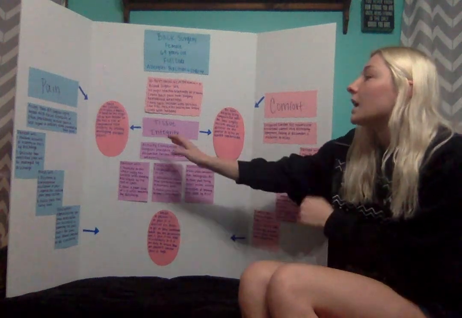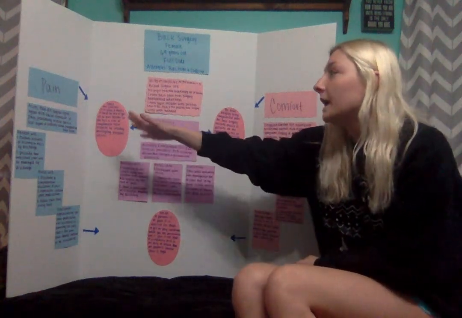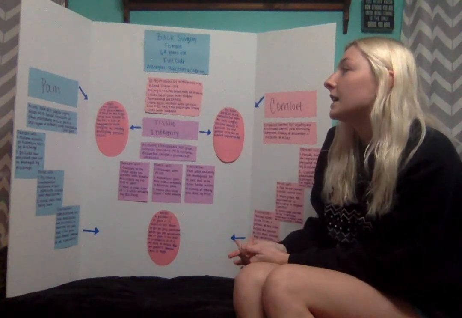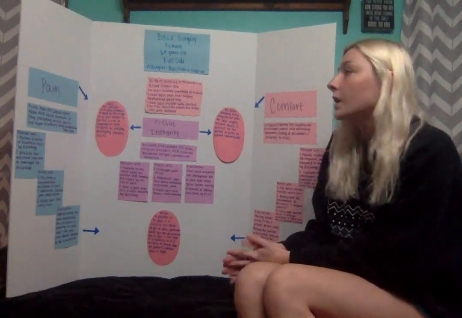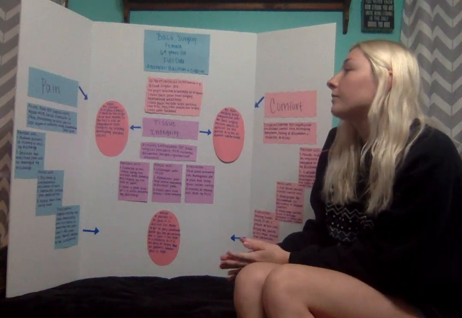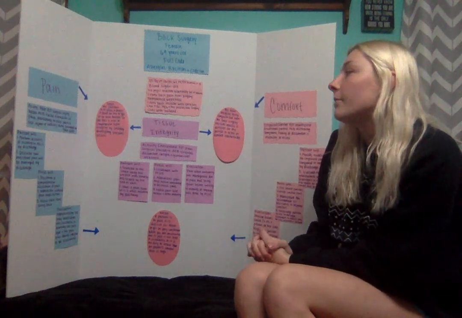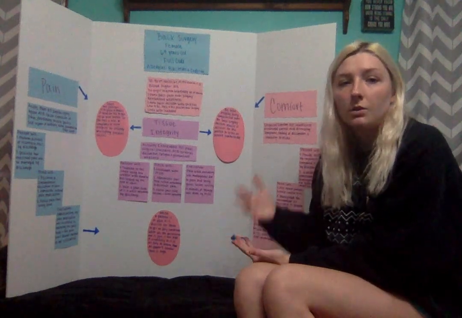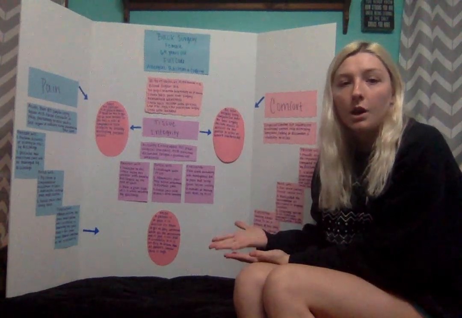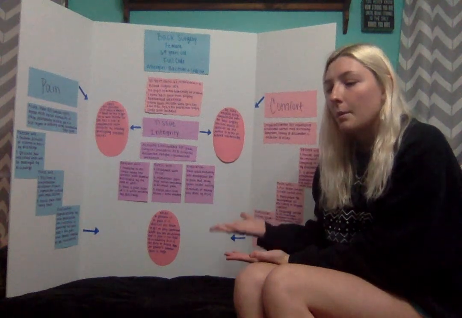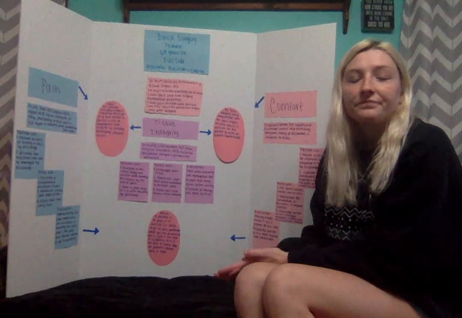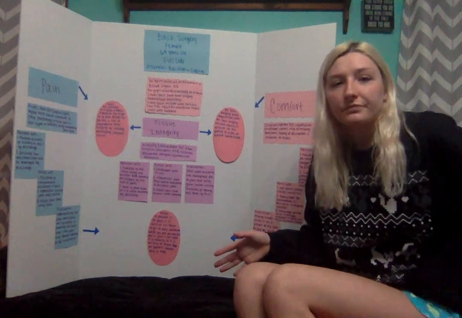And to connect tissue integrity to pain, I have, since the patient is in pain, it makes it hard for her to get up or turn herself. So she has a risk of compromised tissue integrity by possibly developing pressure ulcers from being in pain. So she is on her back mostly, so she can develop pressure ulcers on her heels or on her back